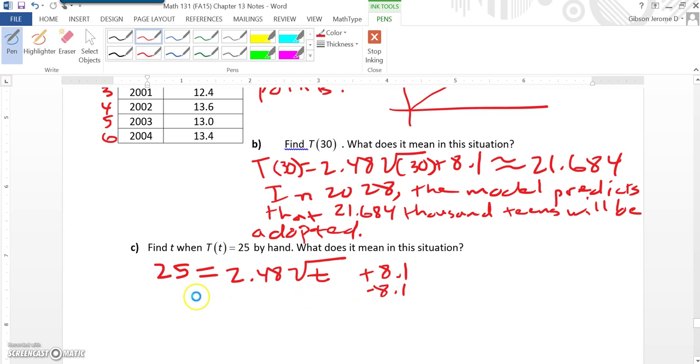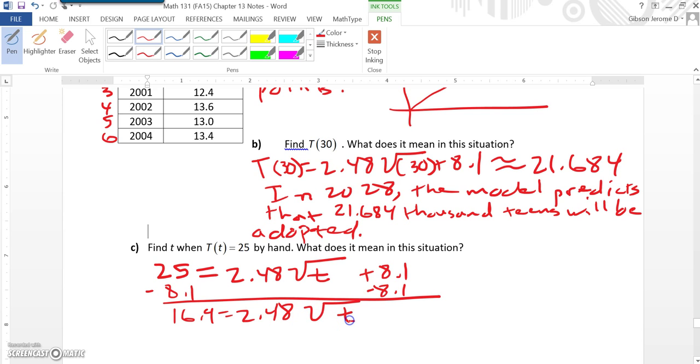So we would subtract 8.1 on both sides. This would give us 16.9 is equal to 2.48 times the square root of T. Now we would divide each side by 2.48. Now when we divide this, this would give us approximately,